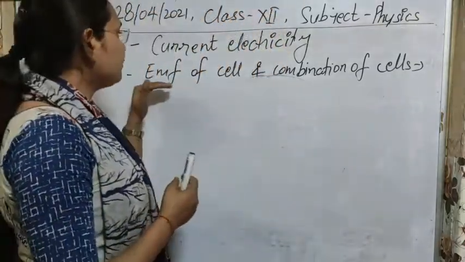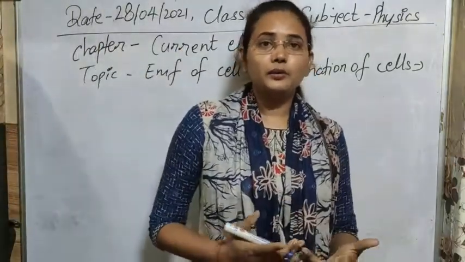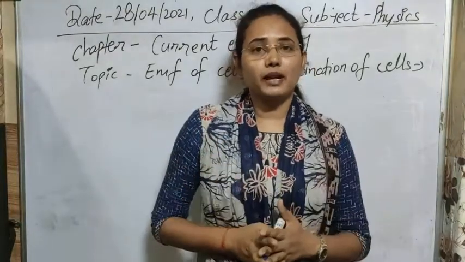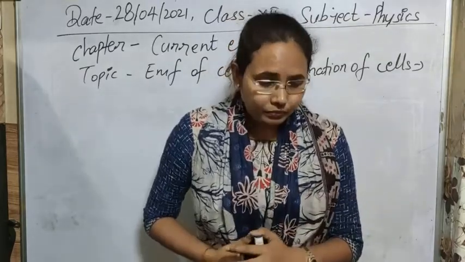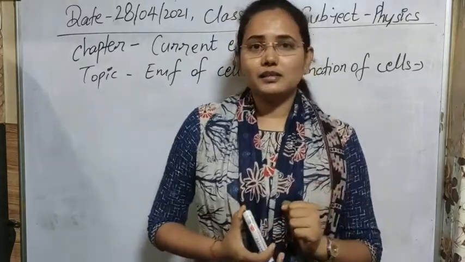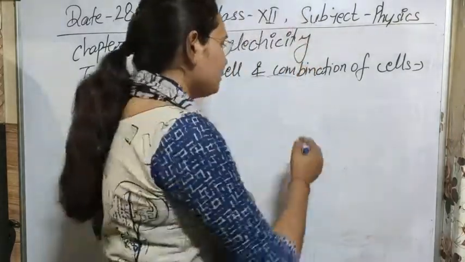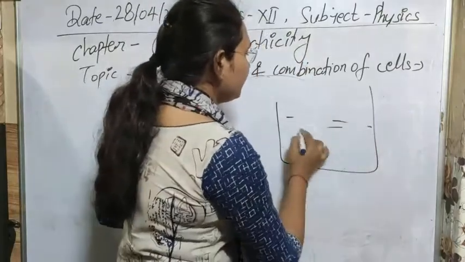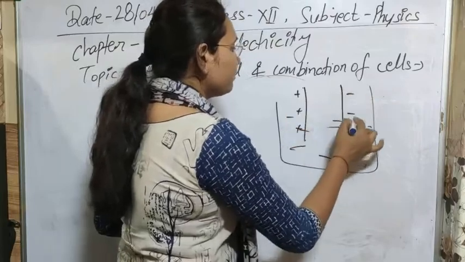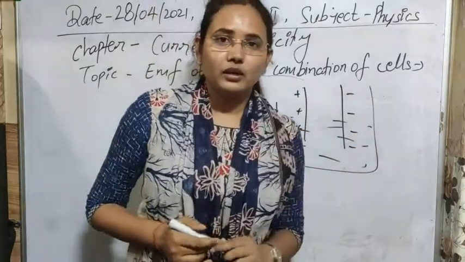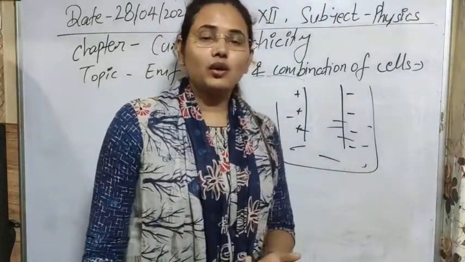Like here we have to understand the EMF of a cell. In general, this is the maximum possible potential for any battery or any source, that is known as its EMF. Clear? Suppose this is our solution. In these two electrodes we have put here, positive and negative ions are accumulated. Like in primary cells, you have already studied about the Leclanche cell or the Daniell cell.